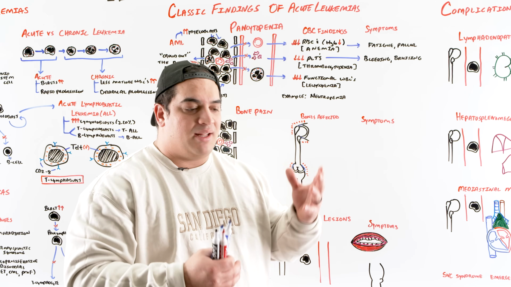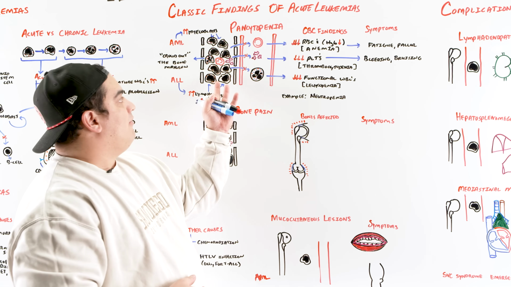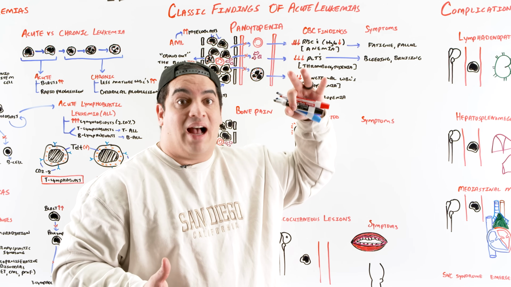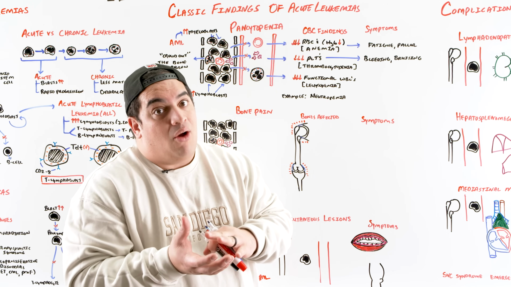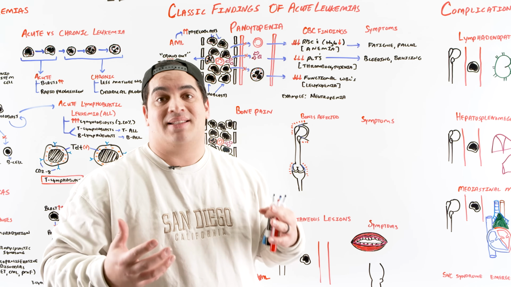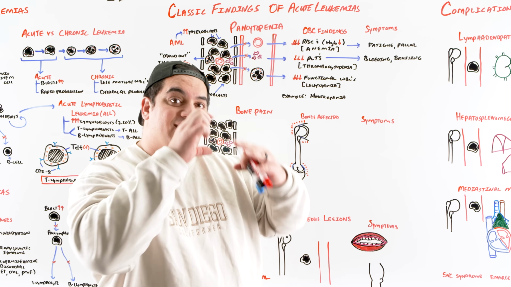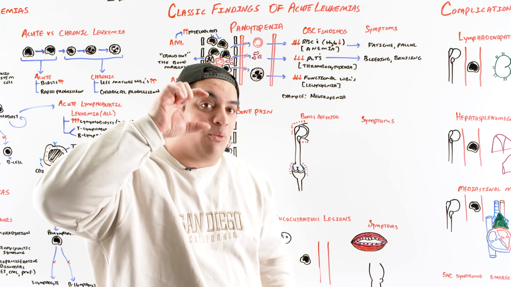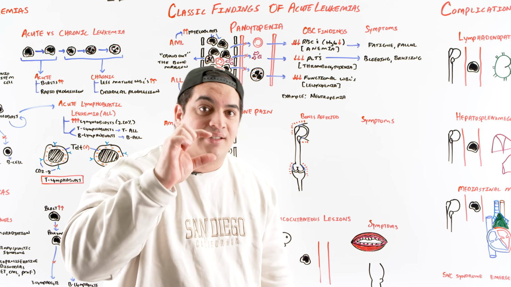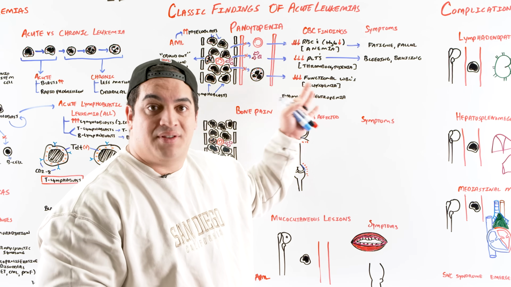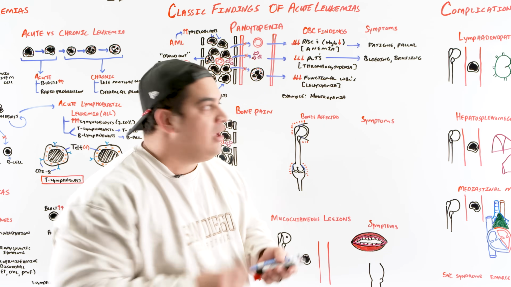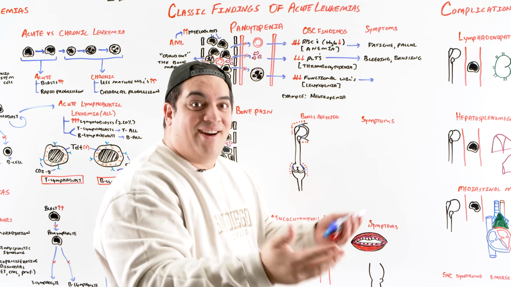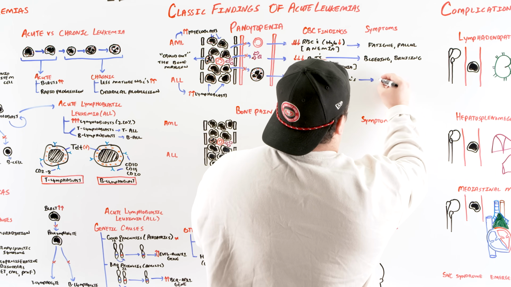Because what will happen is when you get the white blood cell count, you'll have the lymphoblast or the myeloblast plus some of these functional white blood cells. Your white blood cell count could be very high, it could be normal, it could even be low. It really depends, so it's a variable white blood cell count. What is important to know is when you look at the differential. So the white blood cell count could be pretty high, could be normal, could be low. But when you look at the differential, and that's the key, you're going to have less of these neutrophils, basophils, and eosinophils, but neutrophils is the most common. The reason why this is important is functional white blood cells are supposed to help you to kill bacteria and viruses and infections. And so now you can have frequent